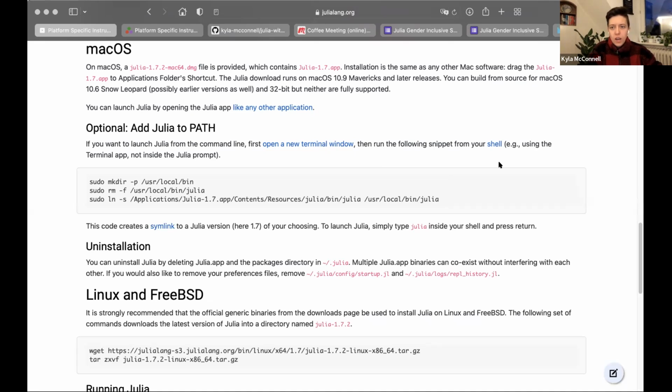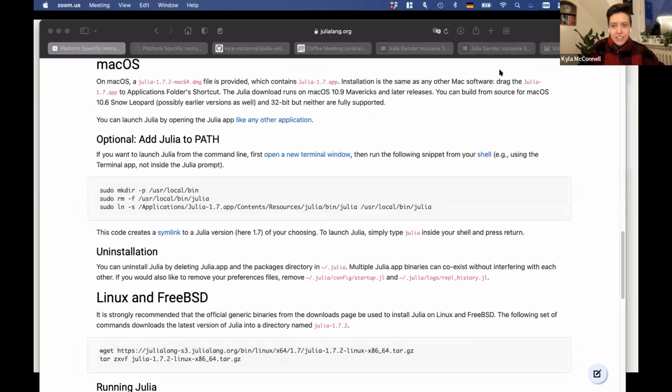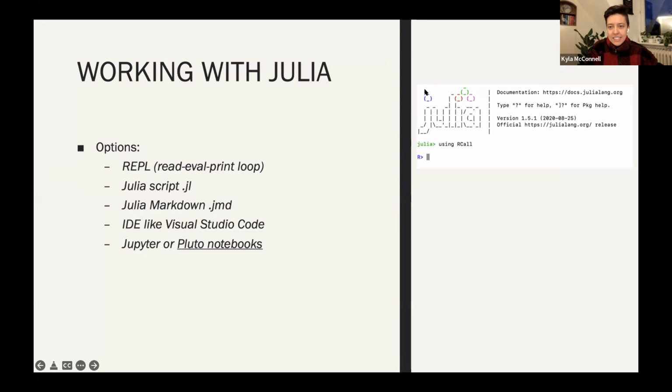Great. Okay, so maybe we'll just pause for a couple minutes here and let you get installed. Maybe let us know in the chat if you have it installed, or if you're working on installing it. And we'll just pause for a moment. If you've already installed it, you can grab coffee real quick, and we'll reconvene in a couple minutes. We need help later. Okay, so now we have Julia installed.